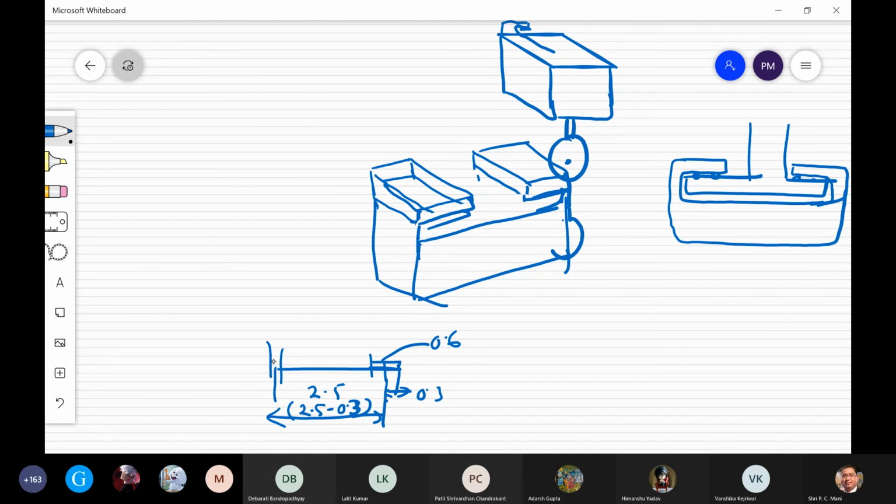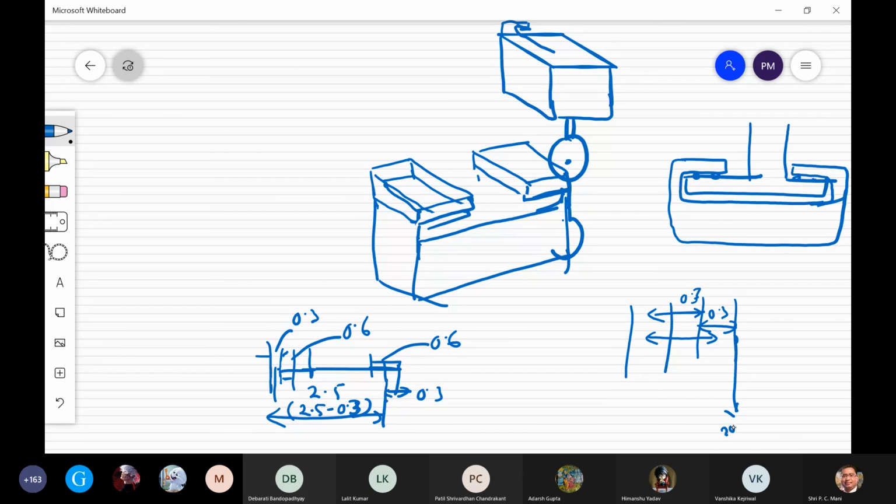Similarly, here 0.3 is already occupied by the sleeve, and you are going to move from here to here. This is 0.6, so half of that is 0.3. So your sleeve from here to here is 0.3. Clear? For example, this one is 0.3, it is given already, and this is 0.3, that is the center of the 20 kilonewton.